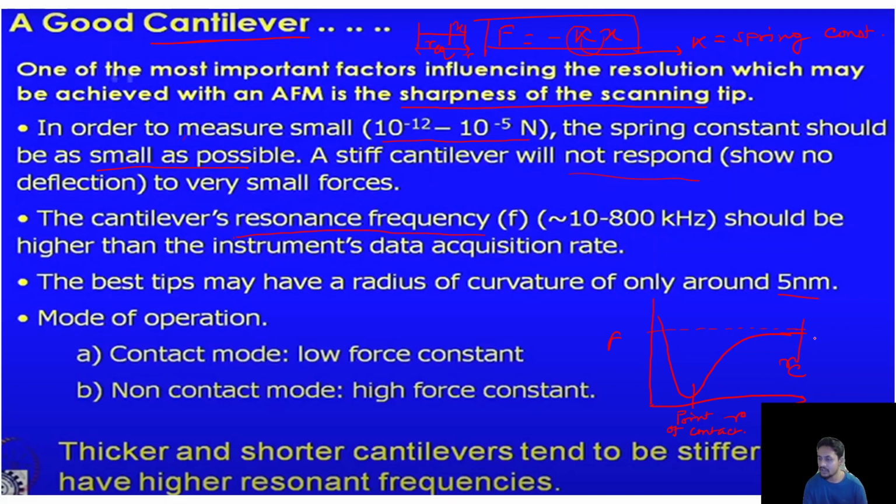After that, the attraction begins, and if R is greater than RC, there is no attraction. So in this regime, there is no point of contact, but still some kind of force is actually occurring,